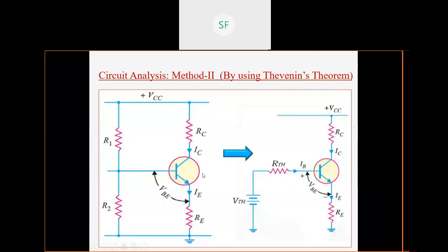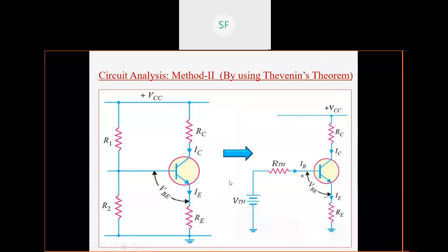अभी change क्या है? If you observe output side, so output side is same on both the cases. You can observe here, right? There is no change in the output side. So change is only at the input side. In this case there was R1 and R2. In this case there is only RTH, only one resistance, that is Thevenin's equivalent resistance RTH. Similarly, one equivalent voltage source is also there. In earlier case we have seen here V2, so this V2 is nothing but a VTH, that is Thevenin's voltage. Okay,